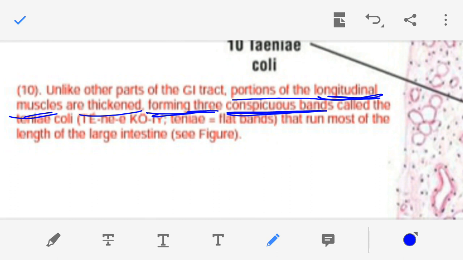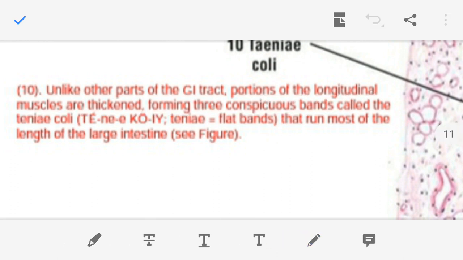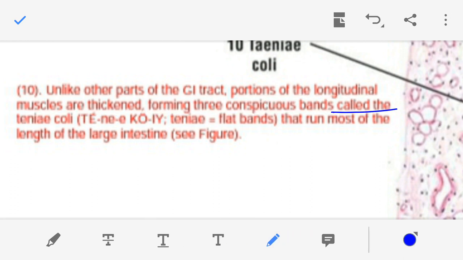Conspicuous means clearly seen. That is the meaning of conspicuous. So three bands are there in the wall of the large intestine, made up of thick longitudinal muscle, and these bands are known as